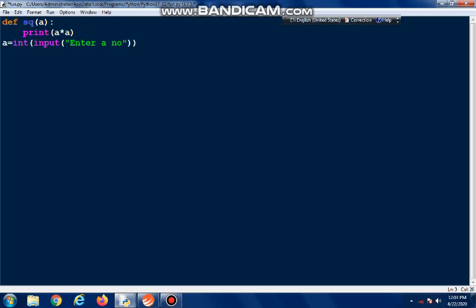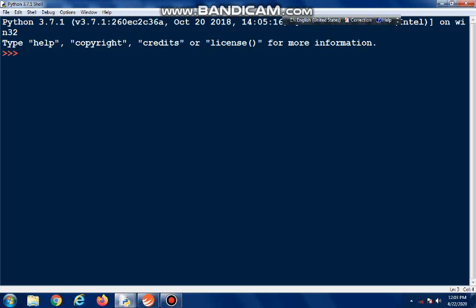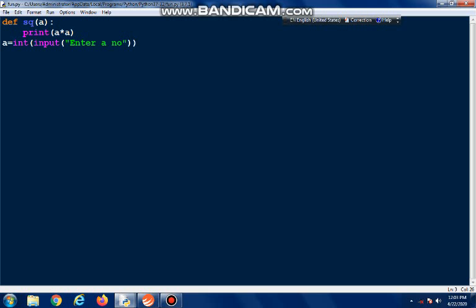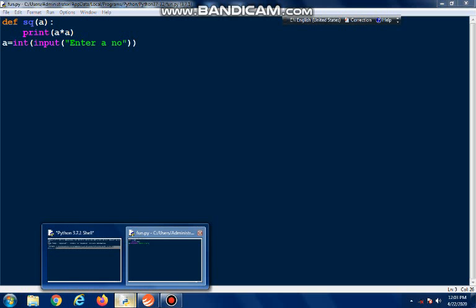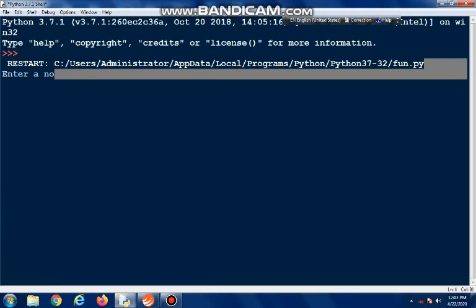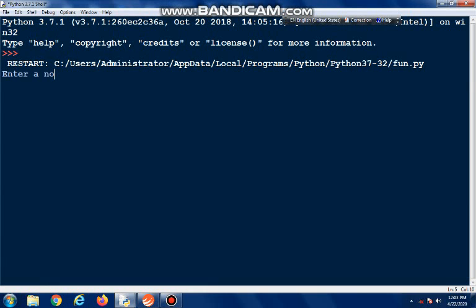I will not close the parenthesis. This is my answer. Enter number. I was supposing 10. Where's my output? Where's my answer?